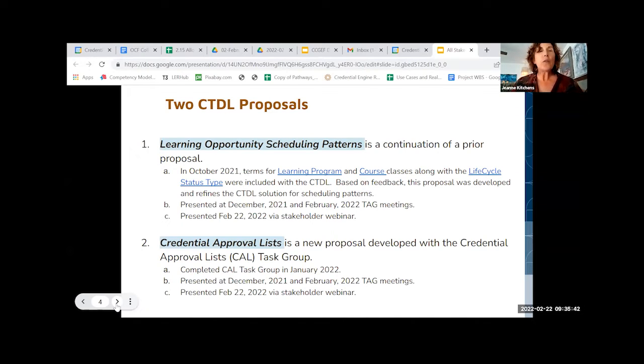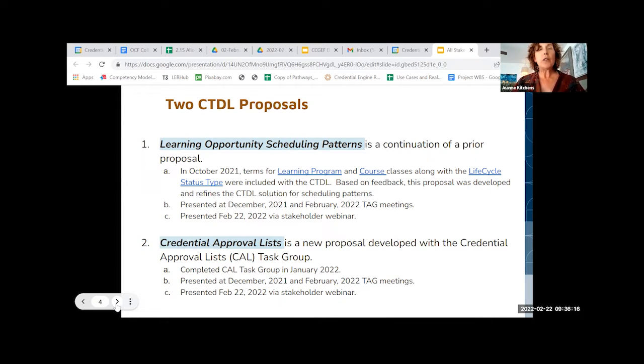This Learning Opportunity Scheduling Patterns proposal that Phil will go over actually stemmed from a proposal that was largely implemented with the CTDL that expanded CTDL terms in particular for learning programs and courses. But when we presented the early concepts for scheduling patterns, they didn't quite hit the mark, and so we continued to work on it.